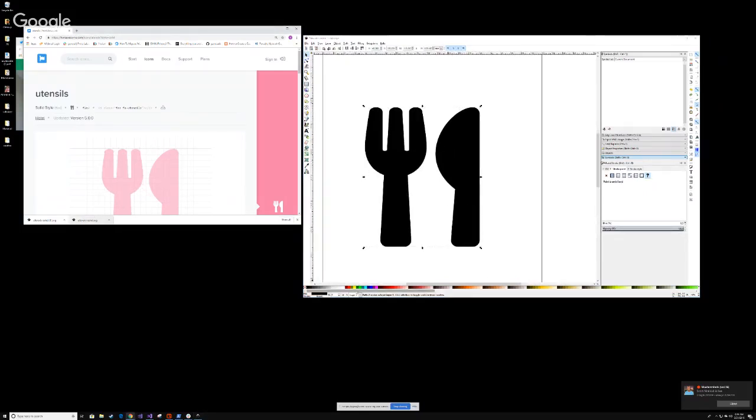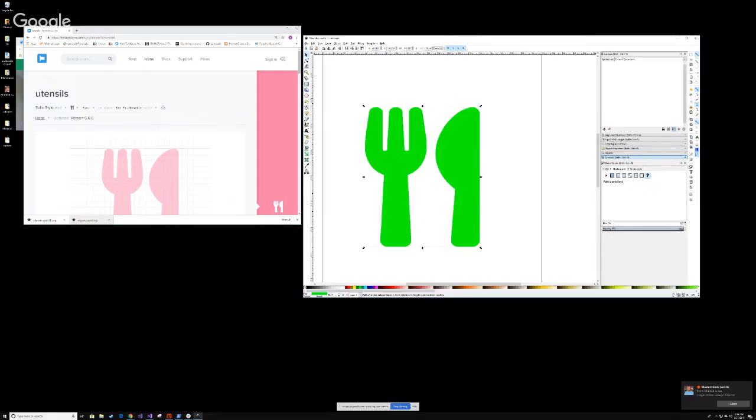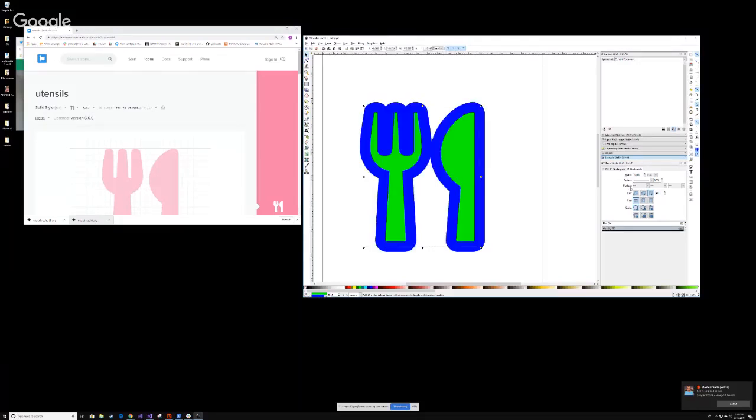And now it's like, well, you want it green? Okay, there's green. And if you want it to be black or, let's say, blue outlined, set stroke to blue, and then say, I really want a really dense outline. I don't know, that's really ugly, but just to prove the point. And then you can take it and say, all right, export to PNG,